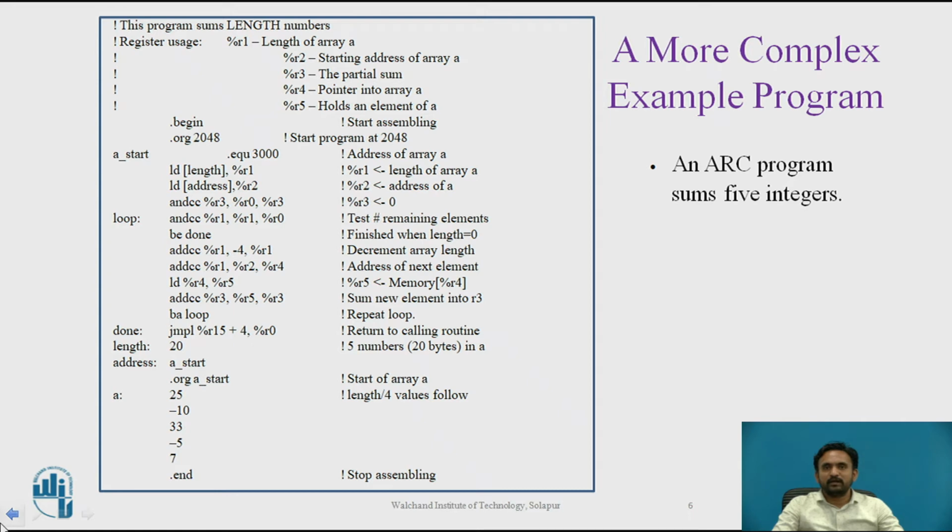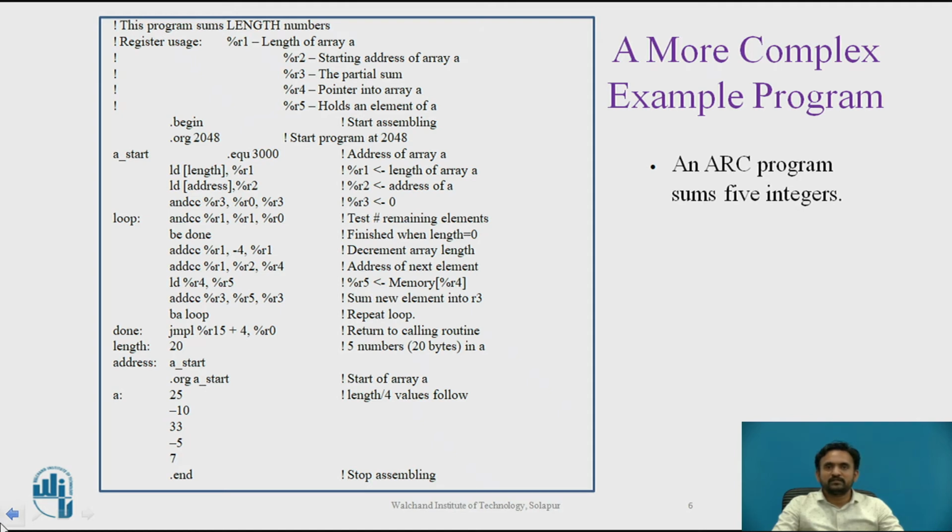R3 is cleared by ANDing it with R0, which always holds 0, and the result will still be 0. Okay. The label loop begins a loop that starts by checking if the number of remaining array elements to sum in R1 is 0.